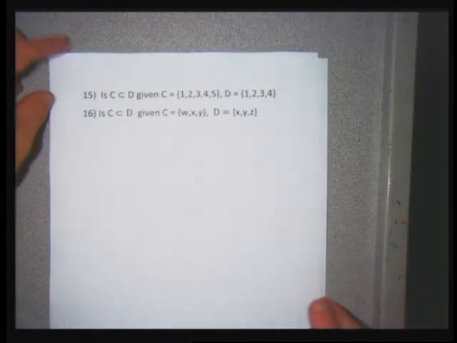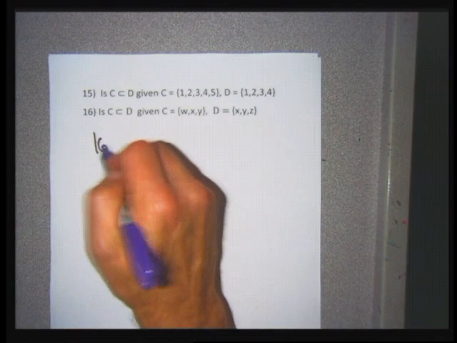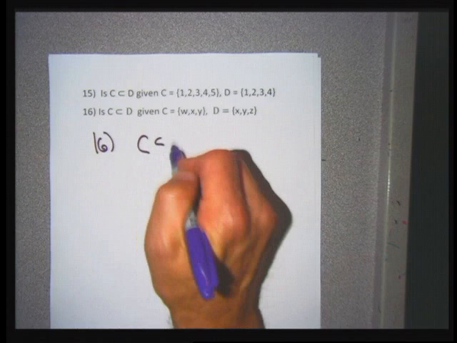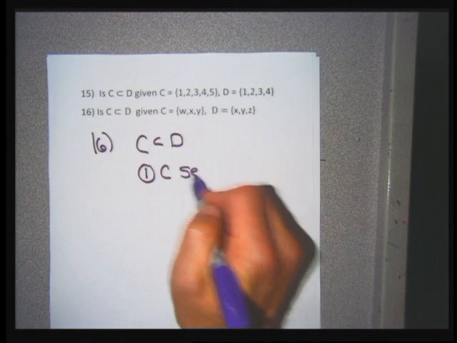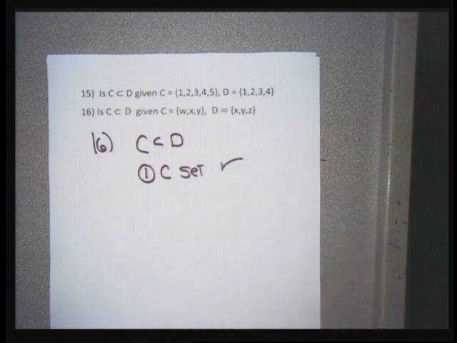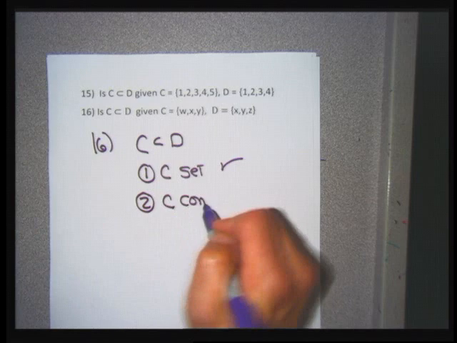15 and 16, another proper subset. And our answers might be the same, but for different reasons. Well, no, I guess they're the same for the same reason, actually. So, for 16, is C a proper subset of D? Rule 1, C needs to be a set. C is in set braces, so it's a set. Rule 2, C has to be contained